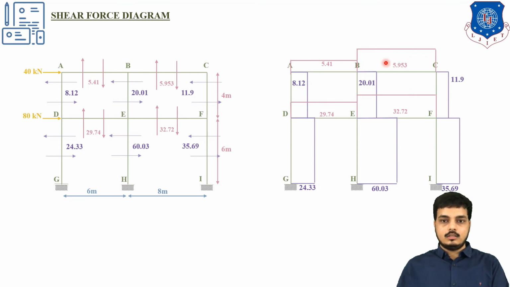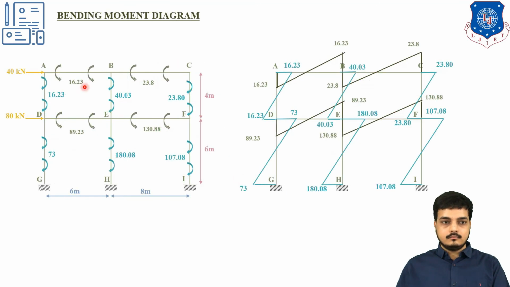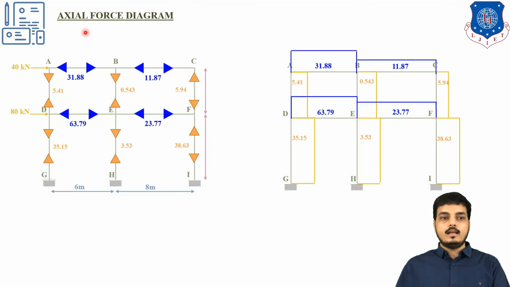So we have found out the shear diagram, and for this it is going in right hand direction and it is closing up. So this is my shear force diagram. This is my bending moment diagram, as both are in the same direction, so one has to be down and another has to be up. Similarly, this is my beam moment and these are my column moments. And so at last, the axial force diagram. With the help of all the forces, we can draw the axial force diagram.